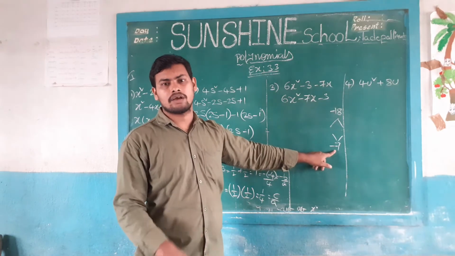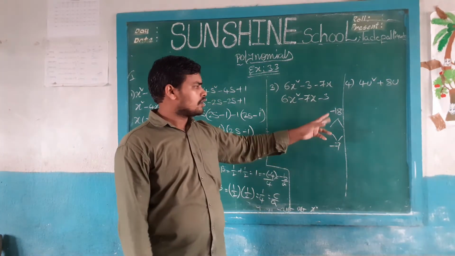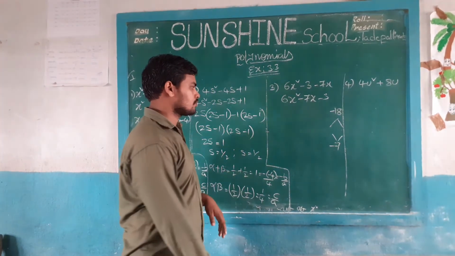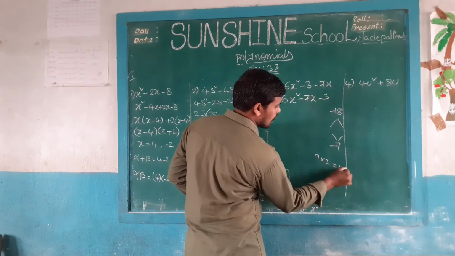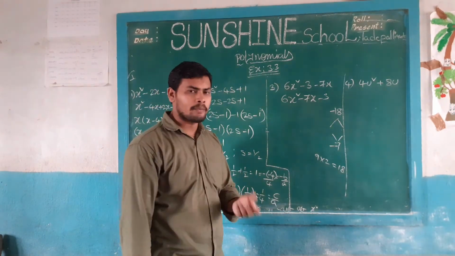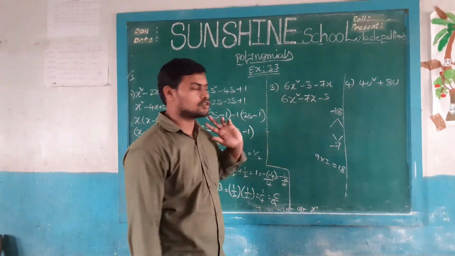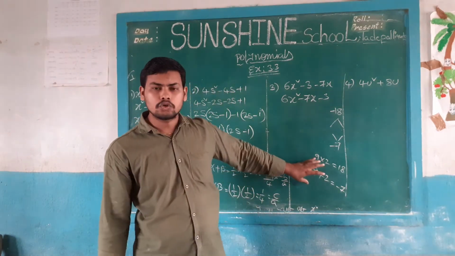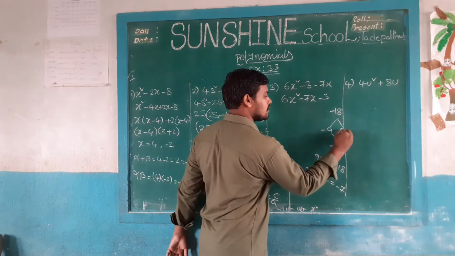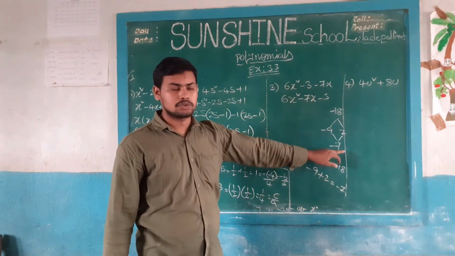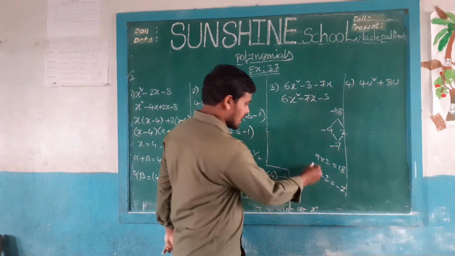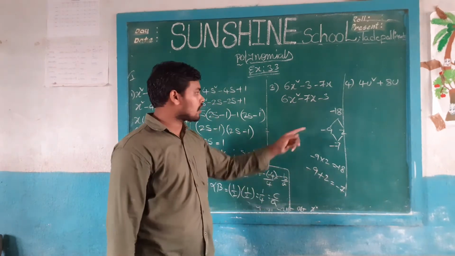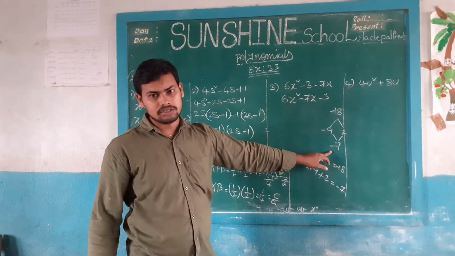So those two numbers are not perfect for this one. Next one, whenever 18 comes, 9 2s are 18. Okay. We need minus. So minus is always based on the addition of those two numbers. Minus 9 plus 2, the value is minus 7. So those two numbers are minus 9 and 2. Minus 9 into 2, minus plus minus, 9 2s are 18. Okay. Minus 18 is okay, and minus 7 is also verified.